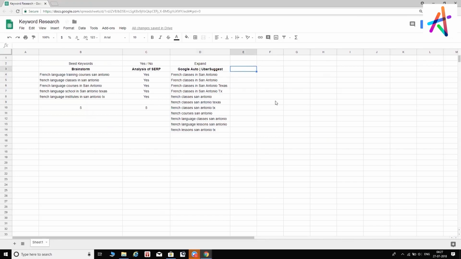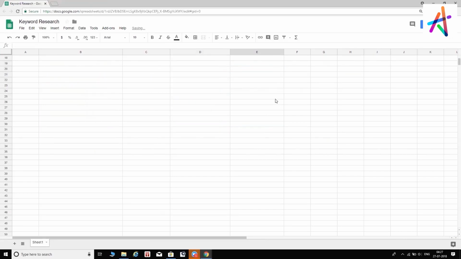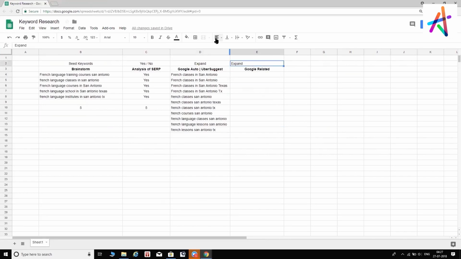Another way to expand on this list is called Google related. You see, again, you're giving a few more opportunities to target a bunch of keywords that might make sense to you for your prospective customers. Again, as a part of expansion, I'm going to do something called Google related. Okay,